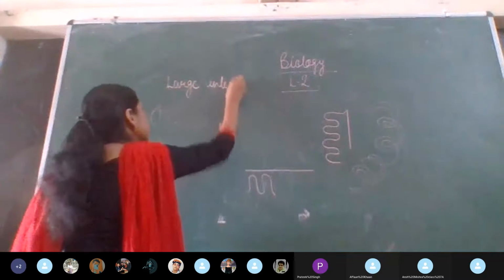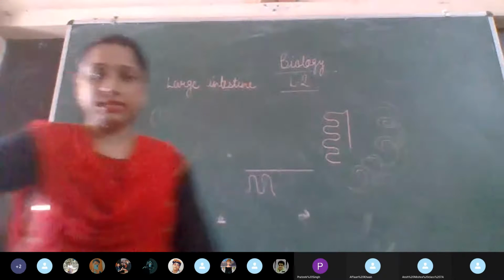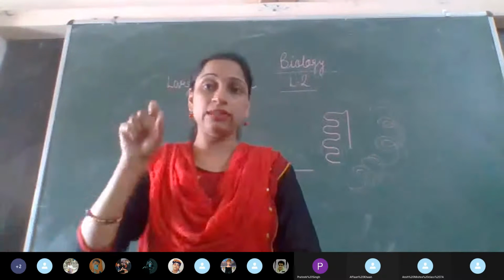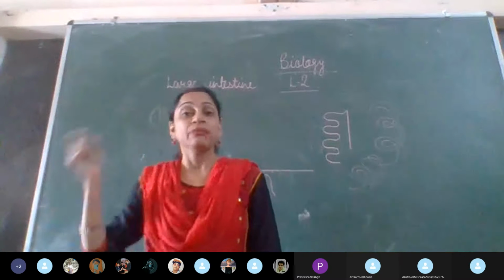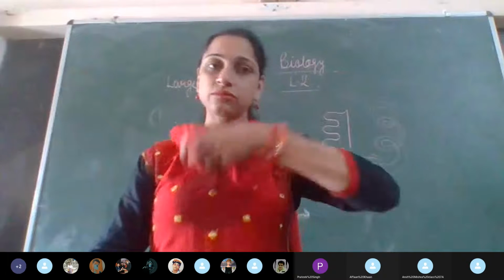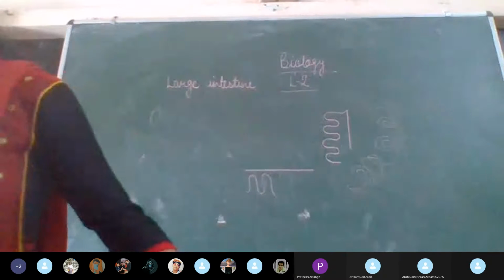Large intestine. So now you know in the diagram that the large intestine is that pink color, and you can see that it is shorter in length in comparison to the yellow one, that is the small intestine. It is shorter in length but it is broader. Just have a look at the diagram. Yes or no, children? Just give your reaction that you are able to understand this. Okay, fine. Now let's proceed.